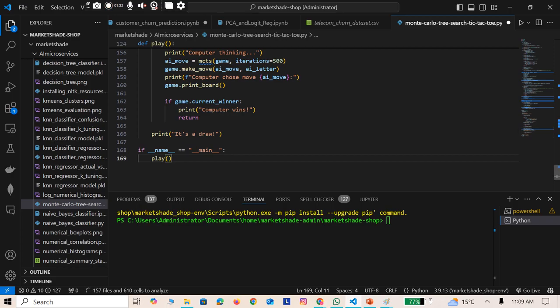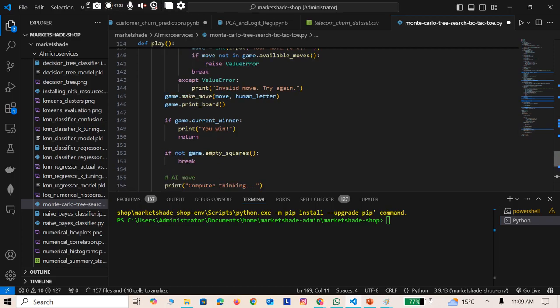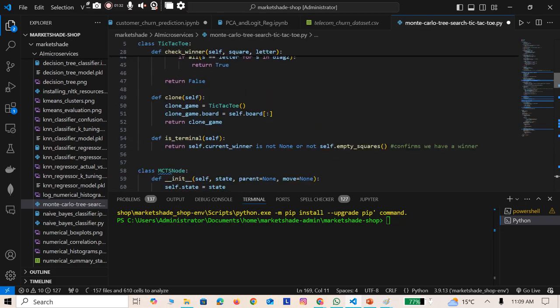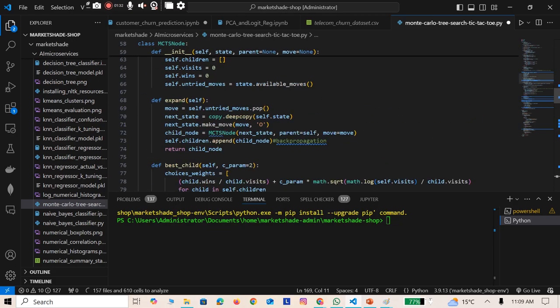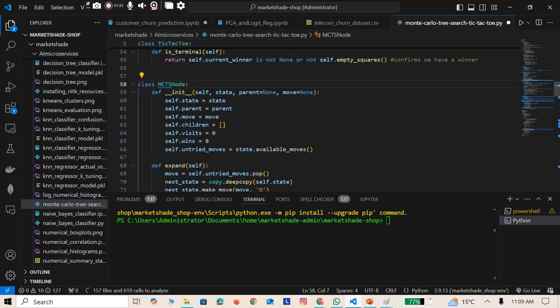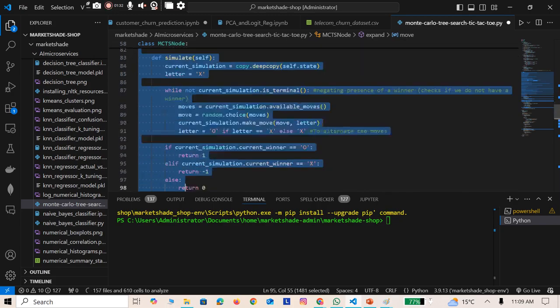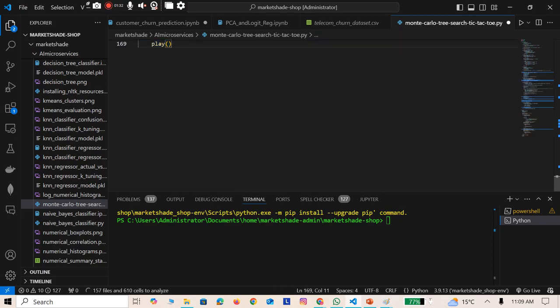Okay, so that's how Monte Carlo is done. And I was not even interested in it up here because when you are hired as a machine learning engineer, what you are going to implement is this one. You see this Monte Carlo tree search node from here. You will work with a senior software engineer side by side so that you can implement all this. Yes, and that marks the end of machine learning